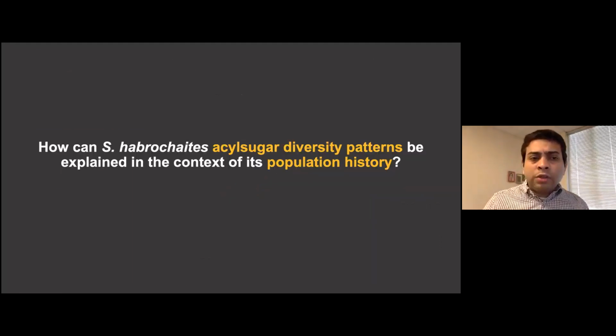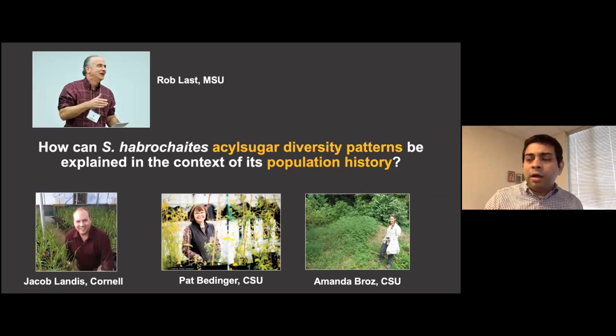So when I started off this project in Rob Last's lab, initially, I was curious about how population structure and movement of Solanum habrochaites across the range has contributed to evolution of these phenotypes. So when I started here at Cornell, we continued the study with Jacob Landis here, who is a postdoc in Chelsea Specs Lab. And we actually built up a collaboration working with Pat Bedinger's lab, Pat and Amanda at